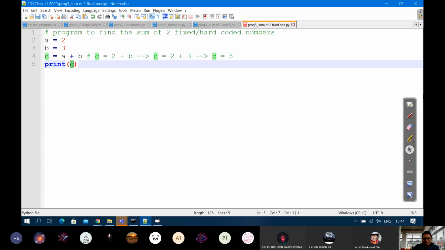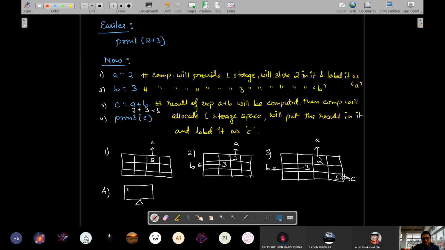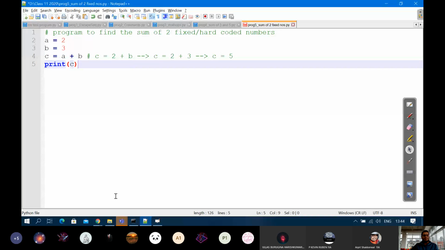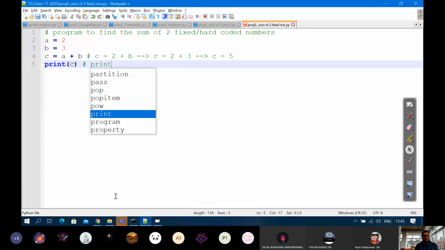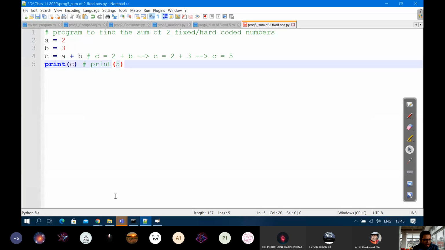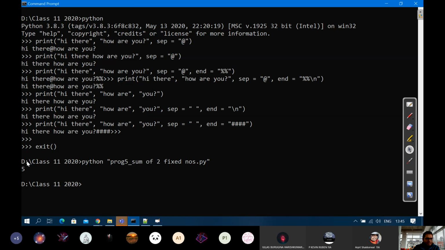So it will scan the memory again, and find a memory location labeled as C which has the content 5. This content 5 will be internally replaced in place of C. So internally your expression will change to print 5, and then the computer can directly print the numeric value. Okay? So your computer screen will appear like this.